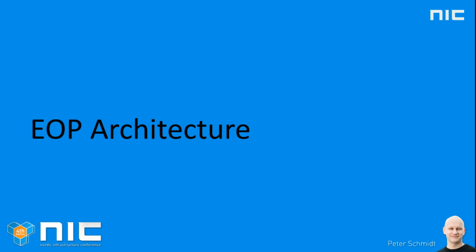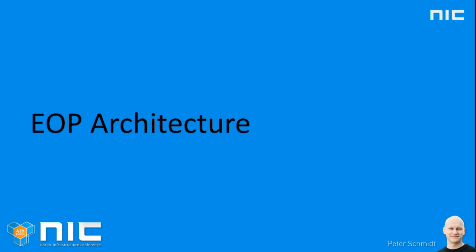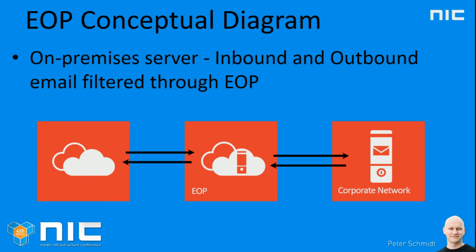If we start to look at the architecture behind this, well, actually, EOP is a cloud service like any other cloud service scanning your mail that gets into your on-prem environment. So you can consider EOP as something you put in between whoever communicates with you on mail. So all mail that gets to you or is directed to your environment is scanned by EOP on the way in, and the recommendation is also to use it on all mail you send out of your organization.